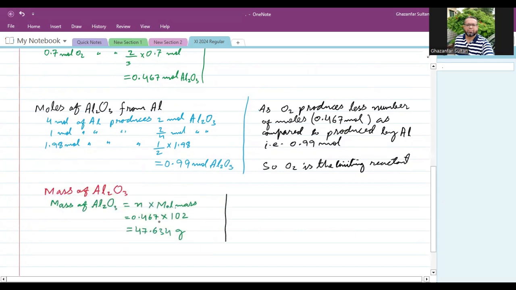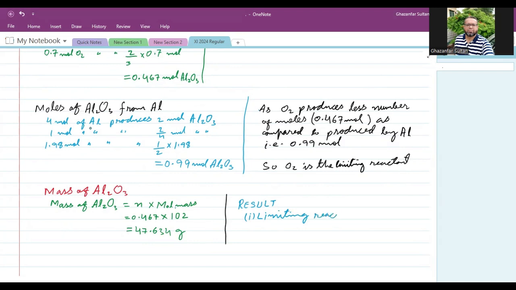The result would be: number one, what is the limiting reactant? Limiting reactant is O2, and the mass of Al2O3 produced would be